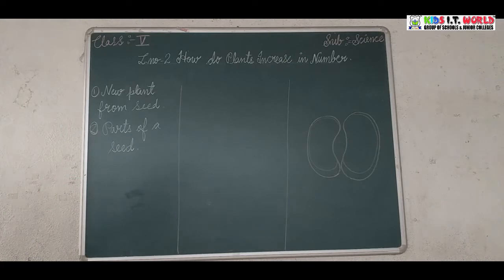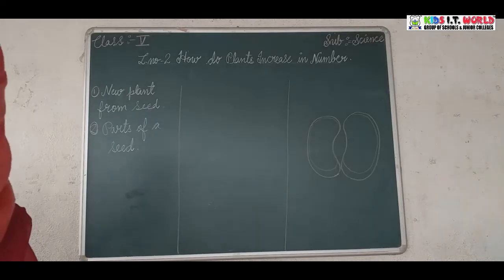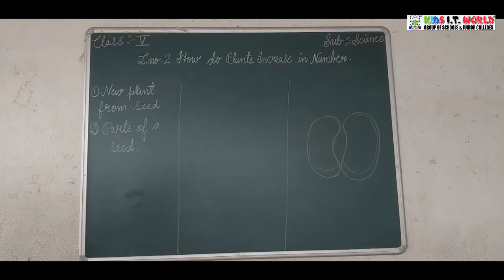Take the seed of a bean, it is hard and dry. You see in a mango also, there is only one seed and it is very hard and cannot be broken easily. Soak the seed in water and leave it overnight. You take that seed and keep it in water overnight. Then see the next day in the morning, take the soaked seed and look at it.